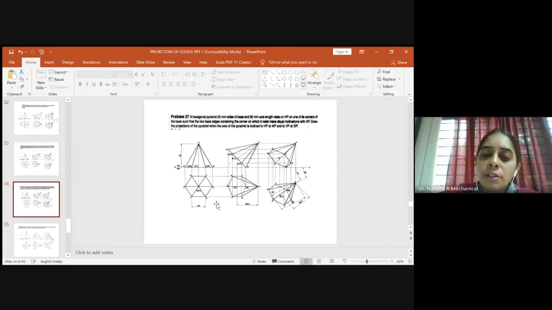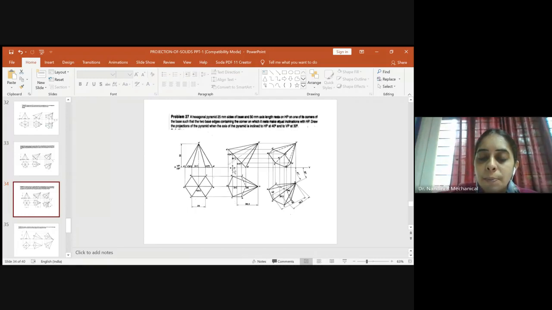So once you draw the projection lines, you should start reading the locus. First, always construct the bottom surface, then go for the center and the apex. So start reading the locus of the bottom surface. So this is the locus of A, is meeting A dash at this point. So this will be our A. Locus of F will be meeting F dash at this point. So this is our F. Locus of E will be meeting E dash at this point. So this is our E. Locus of D will be meeting D dash at this point. So this is our D.